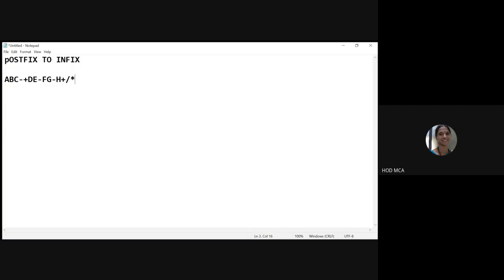This is a postfix expression. You will have to convert it into infix. How will you do that? Can anybody tell me? May I have some answers? No one knows, is it?